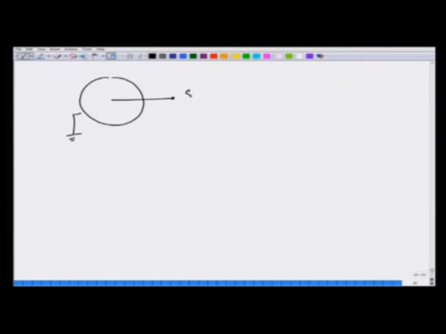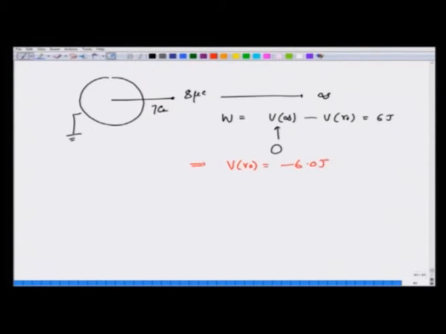I take this charge of 8 microcoulombs from 7 centimeters to infinity, the work done, which should be equal to V at infinity, potential energy at infinity minus V at this point r 0, is equal to 6 joules. Taking V infinity to be 0, I get the answer V R 0 is equal to minus 6.0 joules, and that is the answer. Next question is, if we take a metallic sphere of radius